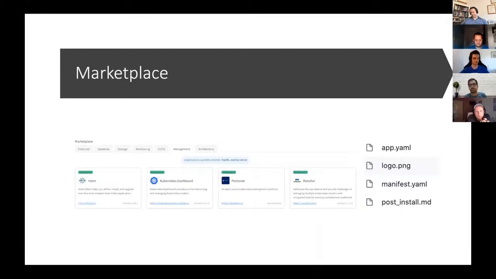What CVO has done is they have made a really simple process for contributing an app. On the right hand side you can see 4 files. These are just the 4 files that you need in order to contribute towards CVO. I'll show one of the apps just after the presentation.